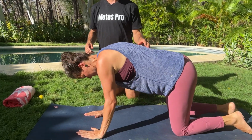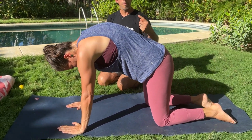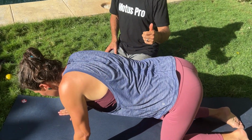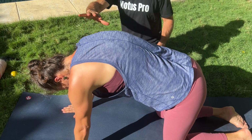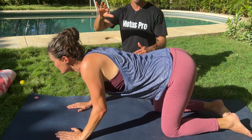We're going to be starting with some cat-cow movements. And so what I want you to do is just match her rhythm, okay? Match her speed and match that rhythm. You'll notice her head is going along with this motion as well, looking up when she's down and looking down